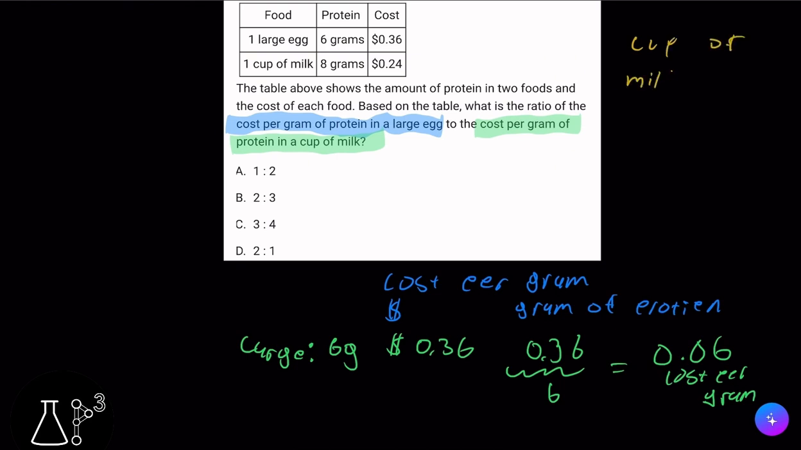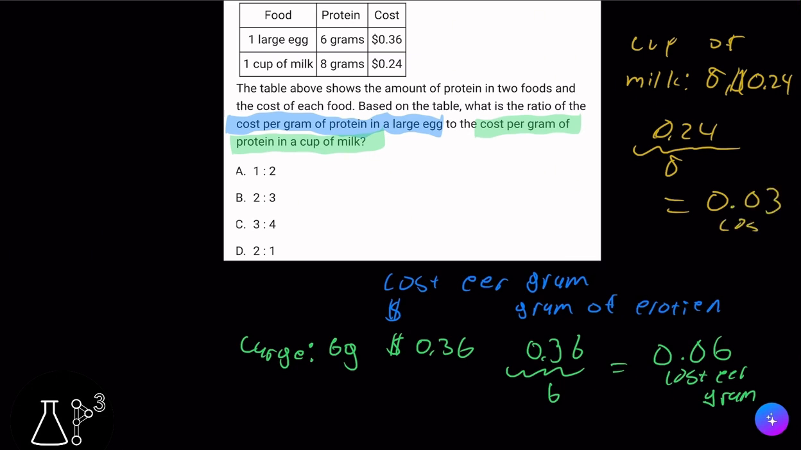So for a cup of milk, I have 8 grams and 0.24 cost. Same thing: I do 0.24 and divide it by 8. That equals 0.03 cost per gram. And we're looking for the ratio of large egg